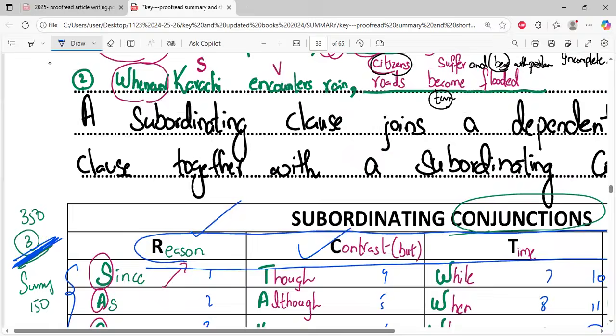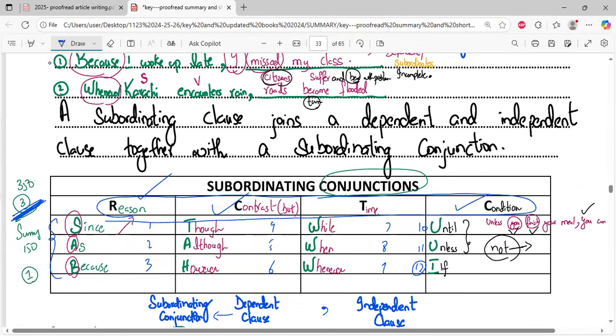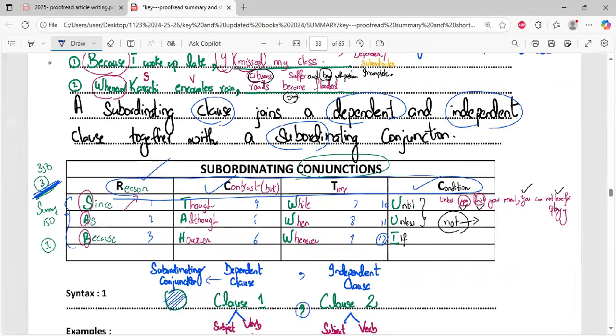Now, if you look up on the internet, the definition is this. I'm zooming out. A subordinating clause is the one that can join a dependent and independent clause with a subordinating conjunction. So instead of explaining you the definition, I've broken the entire lesson into bits and pieces where I told you what is a clause. What do we mean by independent? What do we mean by dependent? Why do we call it subordinated? And conjunctions, because they are joining ideas together. So ये अगर करना आए, then we say that you know how to make complex sentences.